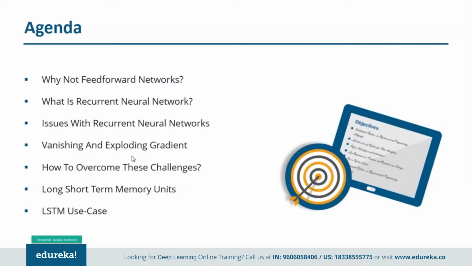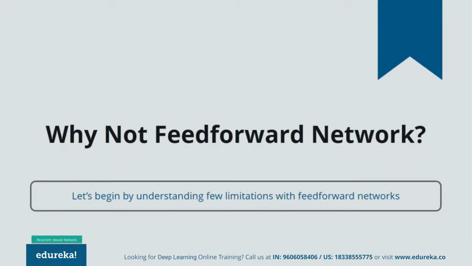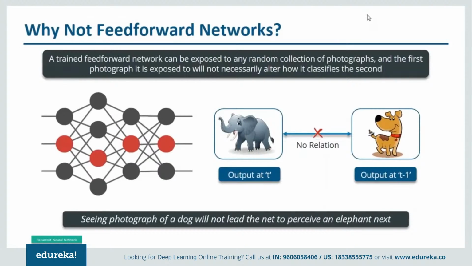So guys, let's begin. We'll understand why we can't use feedforward networks. Now let us take an example of a feedforward network that is used for image classification. We have trained this particular network for classifying various images of animals. Now if you feed in an image of a dog, it will identify that image and provide a relevant label to that particular image. Similarly, if we feed in an image of an elephant, it will provide a relevant label to that particular image